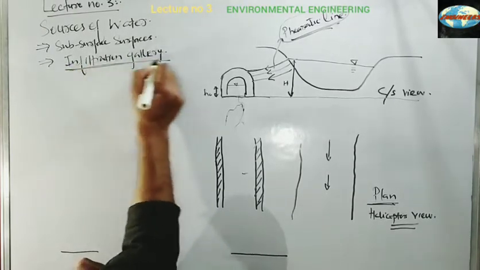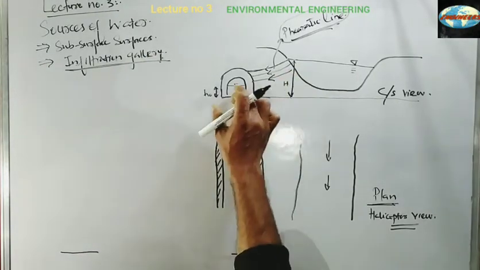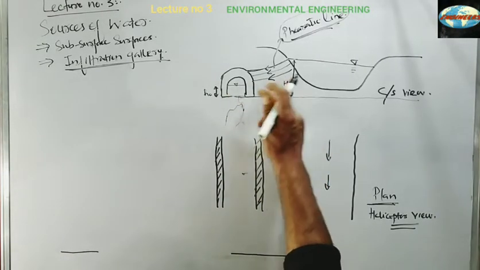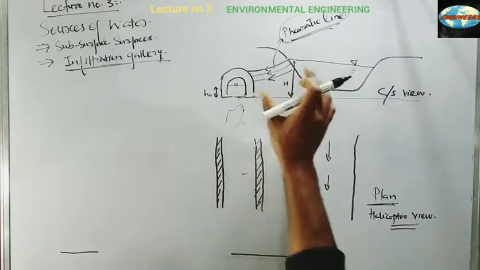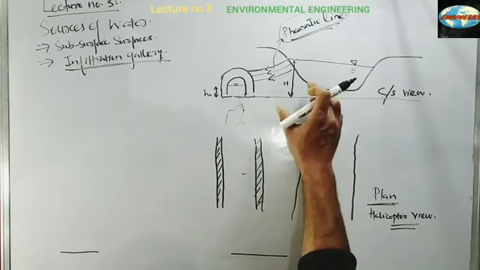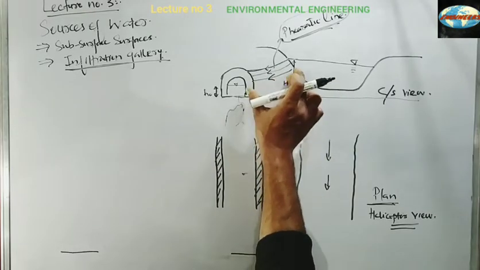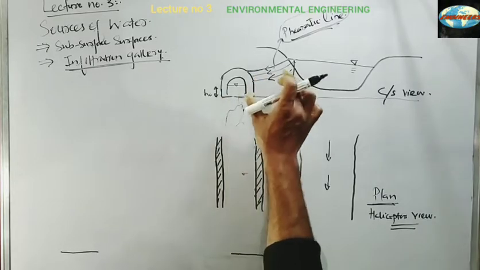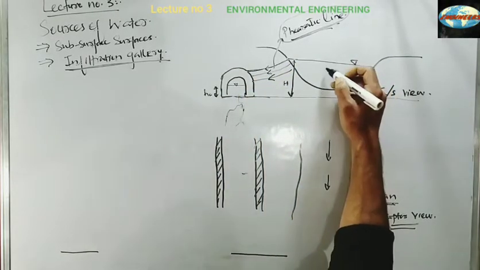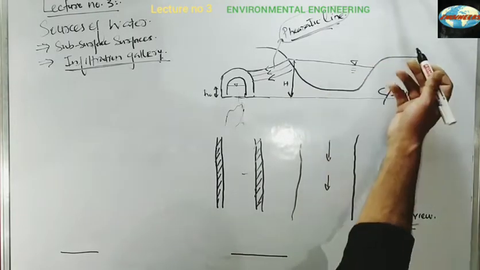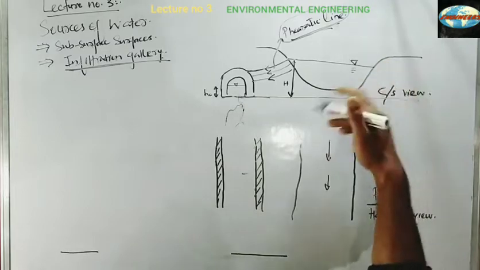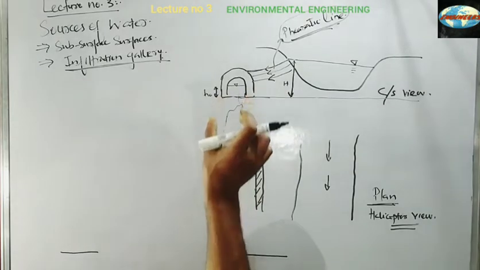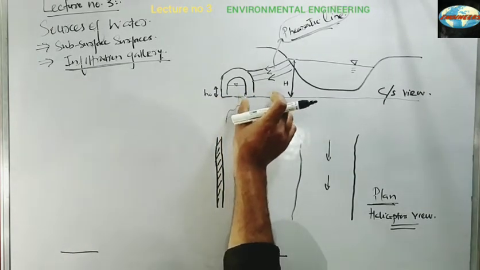Now there are some advantages of infiltration gallery. Obviously, when this water will be seeping into this infiltration gallery, there will be bank filtration. Bank filtration will occur over there. The pollutants, the undesirable solids, will be filtered by this bank. So that's called bank filtration, and obviously it reduces the water treatment cost. If we compare it with surface withdrawal, for example, if I am withdrawing the water directly from this river, the impurities present in it obviously will come into my raw water. But when I am drawing the water through an infiltration gallery, there will be bank filtration. Okay, just remember this thing.